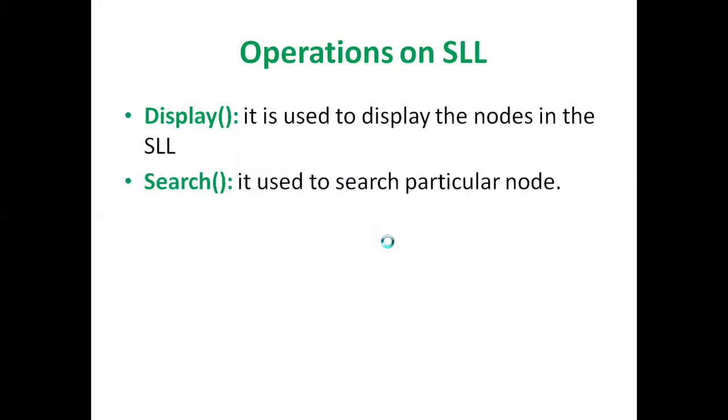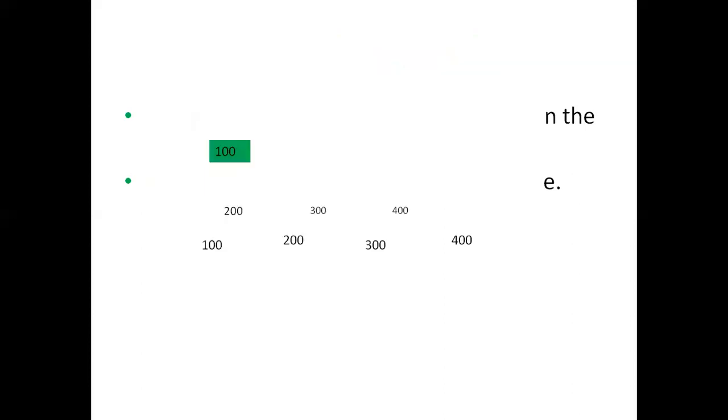Now the search operation. Search is also one of the single linked list operations. It is used to search for a particular node in the list. Generally, where can you use the single linked list concept? Suppose you are using a phone book. Those operations are: we can insert a contact, we can delete a contact at the middle, start or end, and we can search the contacts. So this is the best example. Phone book is the best example for a single linked list and those operations.